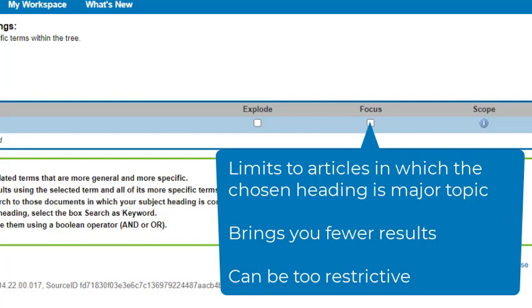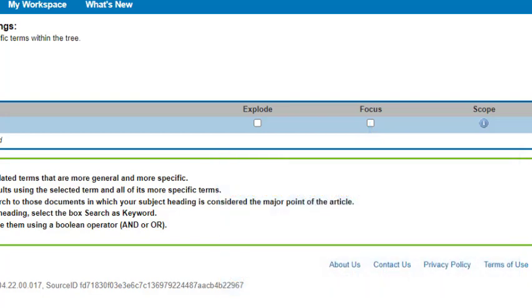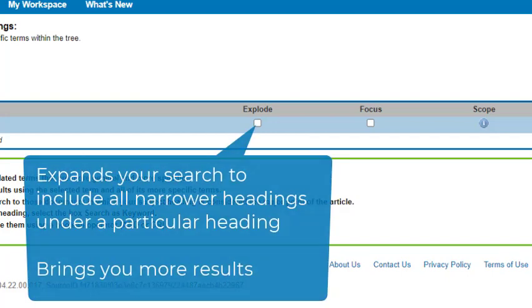We can always go back and change this later on if we want to do that using the edit feature, which we will cover in our next video in this series. Located beside focus is the explode checkbox. This option is used to expand your search to include more MeSH terms. Many subject headings can be broken down into more specific terms. The explode function allows us to capture all of these terms, the broader term and all narrower terms below it,